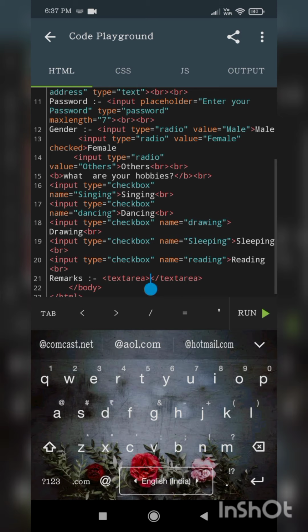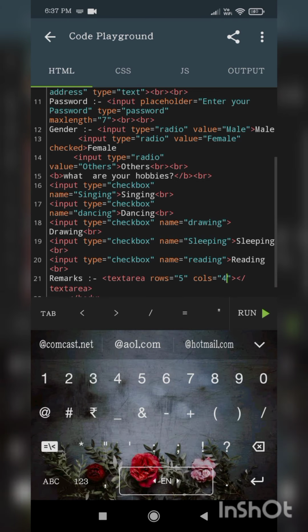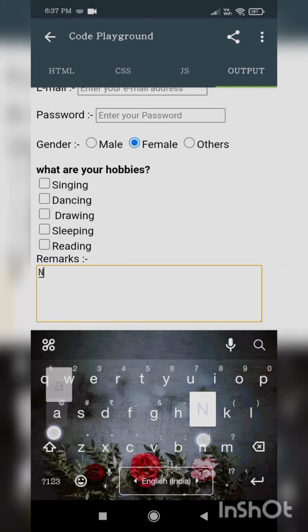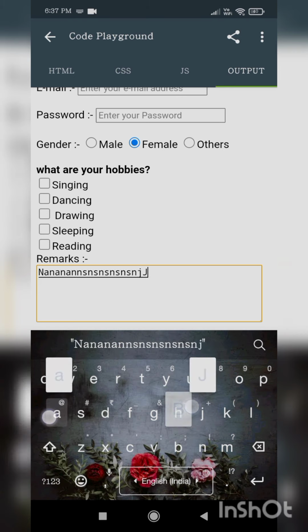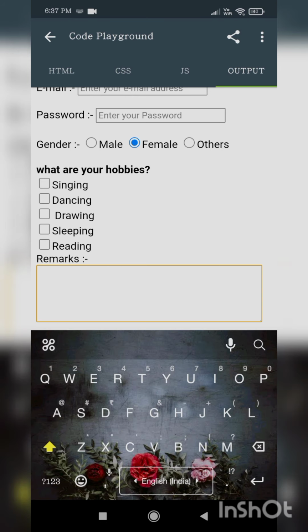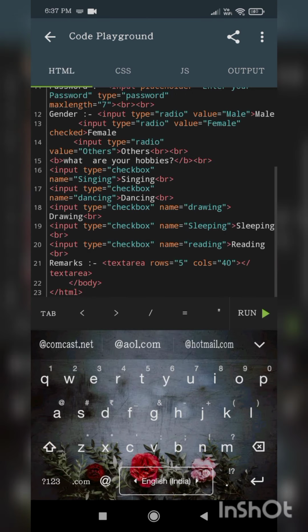In the textarea you should use rows. I want to give 5 rows and columns as cols. It means I want to give 40 columns. So see friends, you will get a text area, and then you can write anything you want. Whatever your remarks are, you can write in this textarea option.